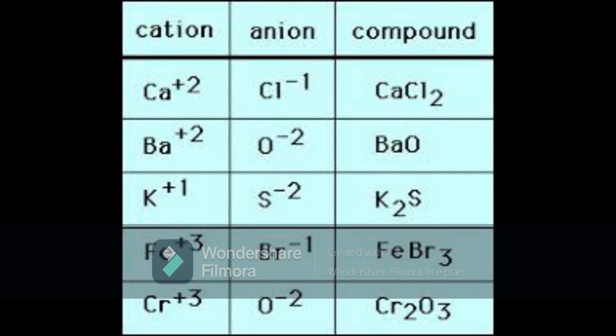Next, formula for calcium hydroxide. Calcium valency is +2, hydroxide valency is -1. When you crisscross it, you will get calcium with 1 and OH as hydroxide taken twice. Next, you have sodium carbonate. Sodium valency is 1, carbonate valency is -2. Next, you have ammonium sulfate. Ammonium valency is +1, sulfate valency is -2. When you crisscross it, you will get ammonium ion taken twice with SO4. So this is how you can write the formulas. If you learn these formulas, it is enough, children. Please try to learn these.